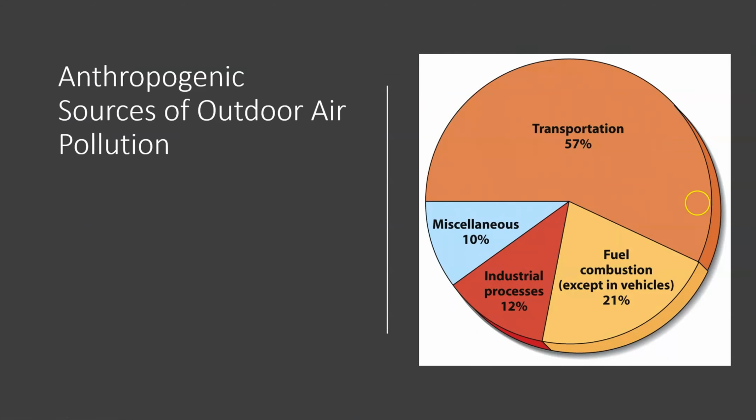All right. Quick recap: anthropogenic sources of outdoor air pollution, and we will talk about the Clean Air Act and exactly what it does to help clean up our air later. But our primary sources: transportation. So vehicle exhaust is probably our single largest source of air pollution, anthropogenically speaking. All right. Fuel combustion that's not in vehicles, and so coal burning fire plants, other industrial processes, and so on. So basically, burning things is our primary source of air pollution in the U.S. All right,